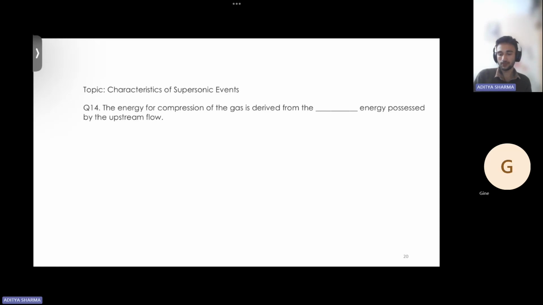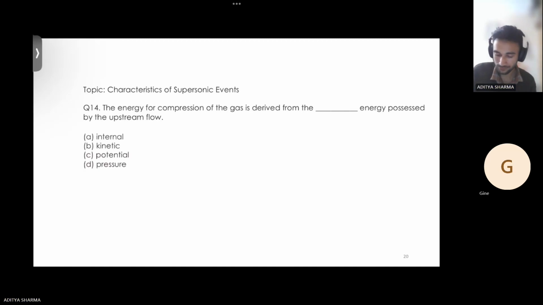So, characteristics of supersonic events. This topic is from lecture 10. First topic, introduction to shock waves, and the second subheading, characteristics of supersonic events. The question says the energy for compression of gas is derived from dash energy possessed by the